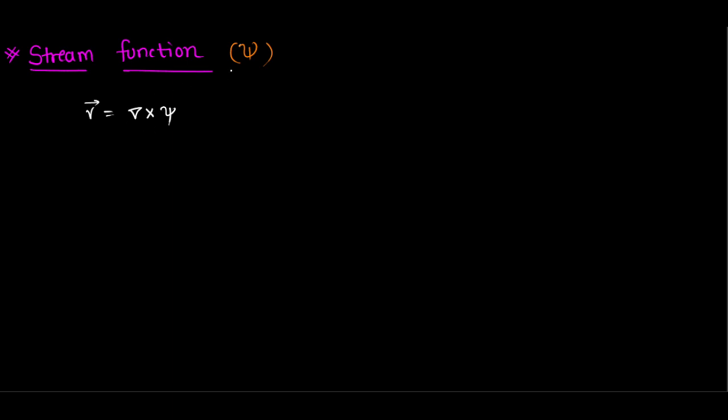And this is the stream function, but let's see if this method should first of all satisfy the continuity equation. So I'm going to take the divergence of velocity, which should be 0 for the continuity equation. So let's see if that is satisfied so that we can solve it. The divergence of curl, as we know, is 0, so the continuity equation is automatically satisfied. So that's great.